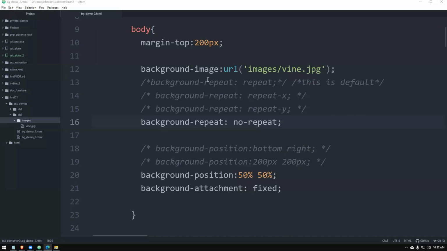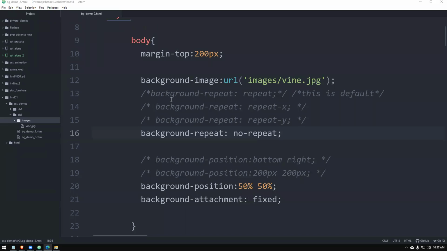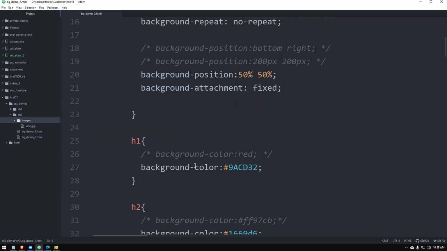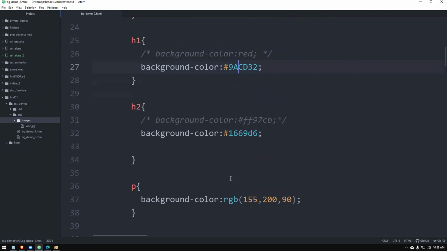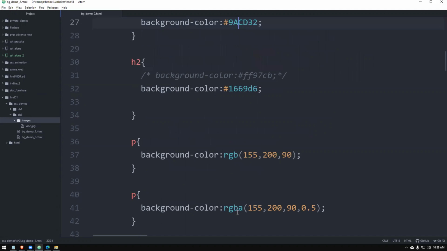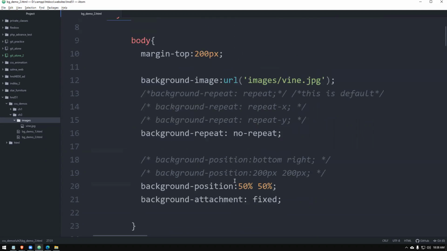Okay. So this is the end of the background part. If you take a look at it, properly practice this one because we practiced a lot of things except for the margin. So we learned how to set the background color. Then there are three ways we learned: name, hexadecimal values, as well as RGB, then RGBA. All those things you practiced and you learned.